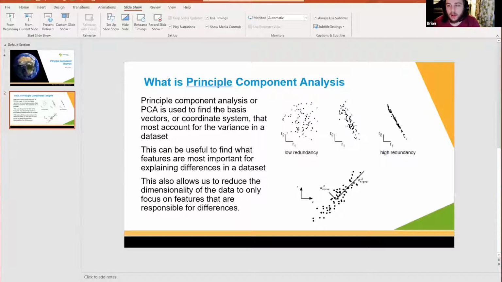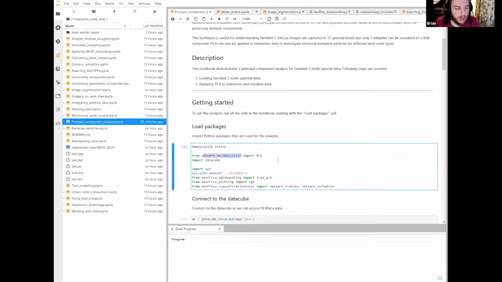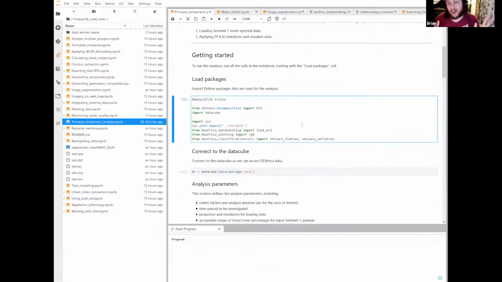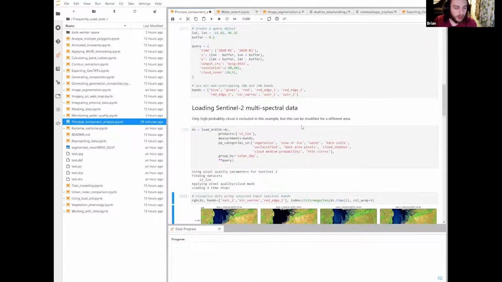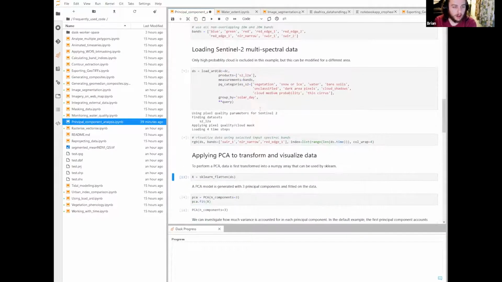So let's go back to the notebook, and let's see if we can actually apply this without having to fully understand the math behind it, because the math is kind of hairy. You have to make a covariance matrix, you have to find the eigenvectors and rank them. So we import the data from the data cube, and we'll import some Sentinel data here. Hopefully this is familiar,